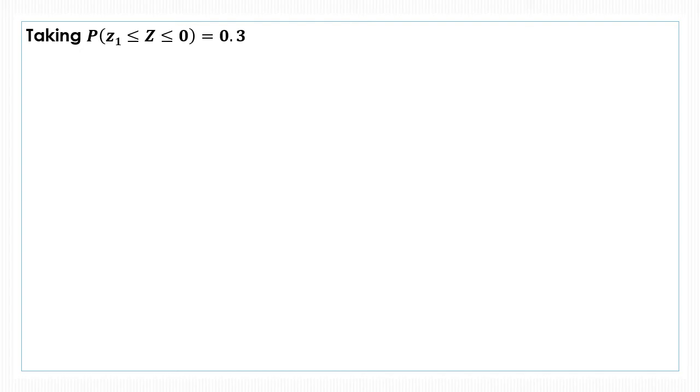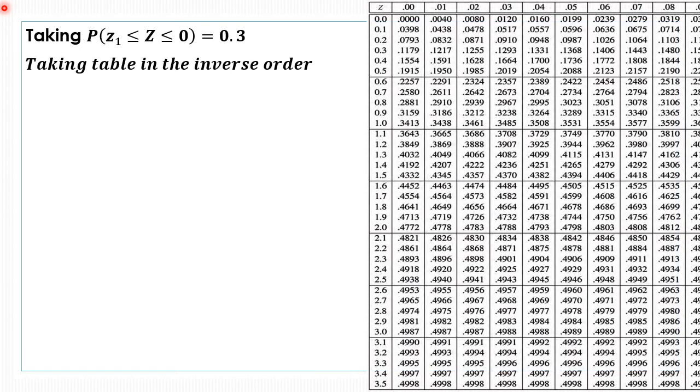Now because 0 is already there in one of our values here, and what we need for this reverse table is 0 to be there, we will directly use the table in inverse order. Now 0.3, so 0, 0, 1, 1, 1, 2, 2, 2, 2, 3 is there, but we just need 3. So we'll backtrack a bit, and yes, 2995 and 3023. What we have here is 2995 and 3023.